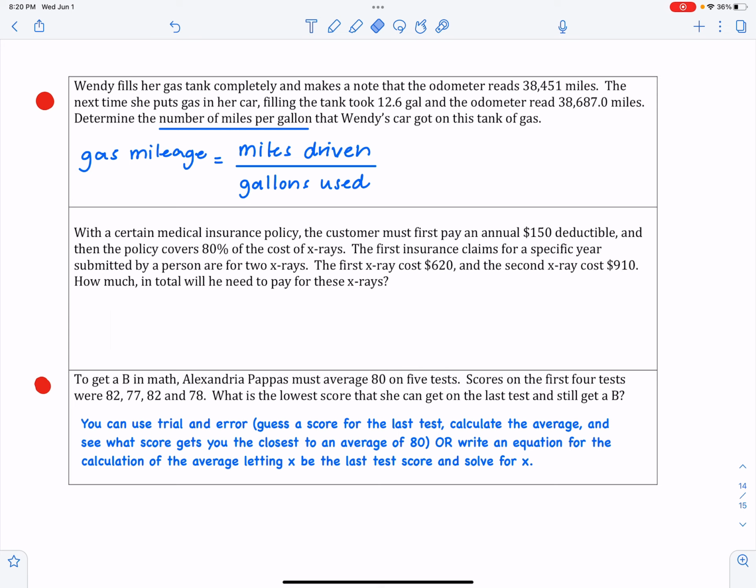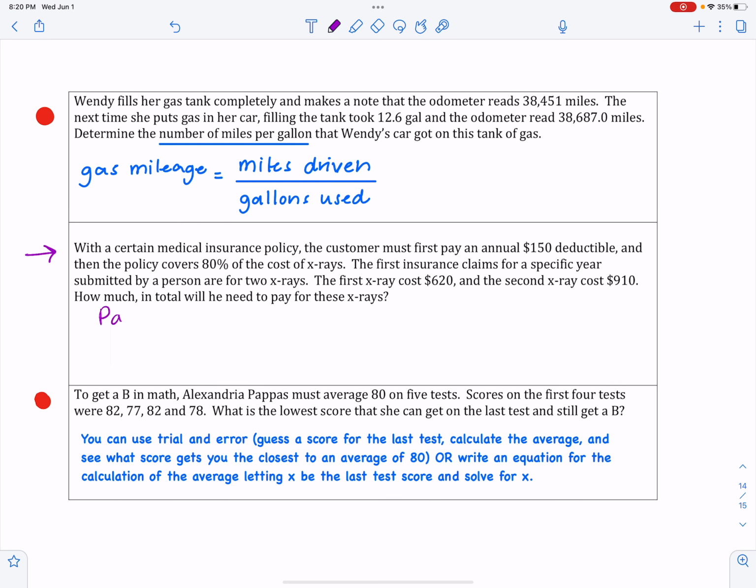All right, so the last one that I want to look at with you here from this first part of the 1.3 notes is this example that talks about insurance payment, deductible, all of that, right? We deal with these things on a regular basis, but that doesn't mean that they are easy to deal with. And so what we're going to do here, again, read it carefully. I'm going to write down what has to happen and then use that to solve for the information at hand. All right, so with a certain medical insurance policy, the customer must first pay, so I'm just going to write this down in words,